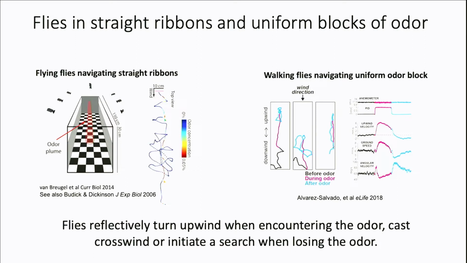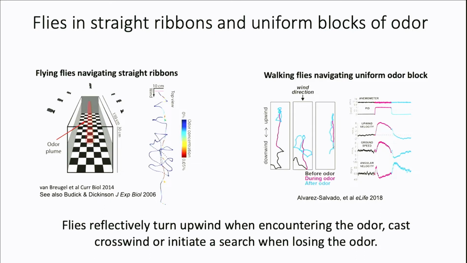And this is data by Kathy Nagel, who is at NYU. In this case, she has walking flies inside basically little tunnels. And what she can do is change the odor concentration very suddenly everywhere. So there's no spatial structure, but there's a temporal structure. So either the odor is on or off. And when the odor is on, the flies move upwind. When it's off, the fly is looking around. And so basically, all of those results still point towards the fact that the fly is going to go upwind